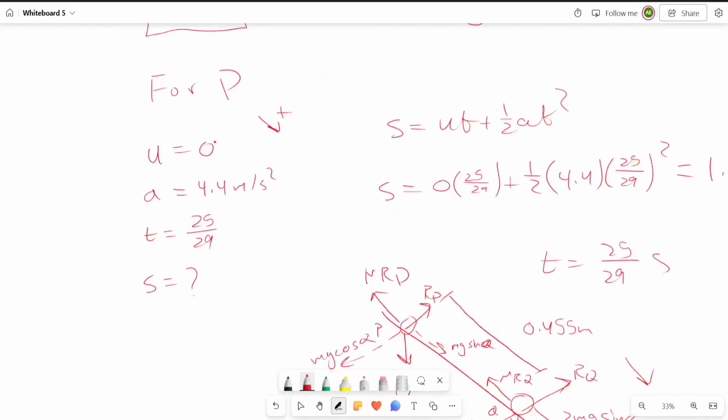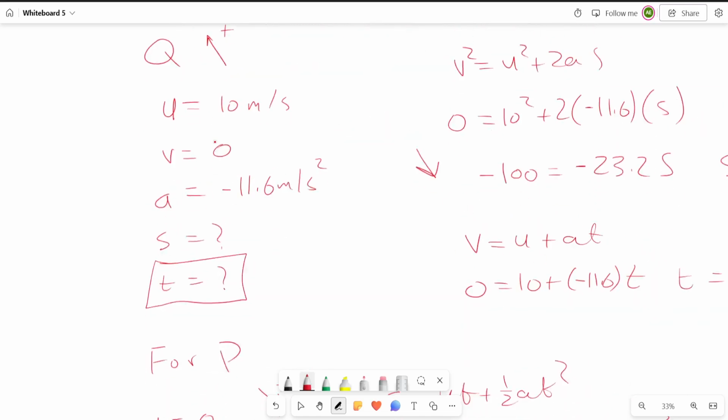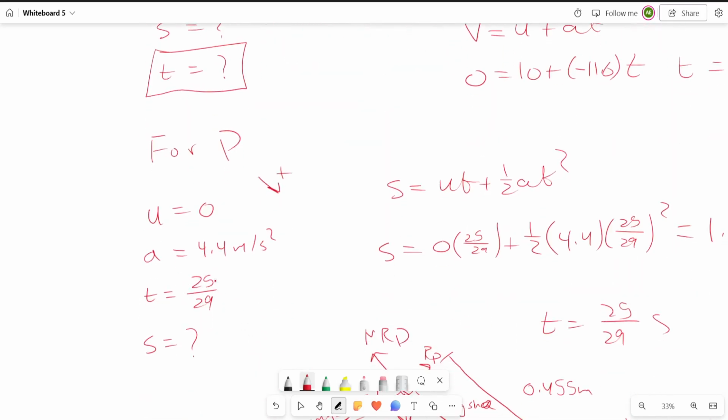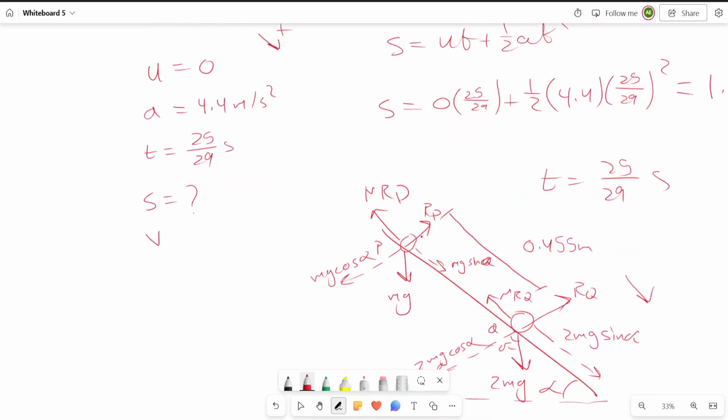So I know that at this point in time, it's basically after 25 over 29 seconds. So I need to know what is v, the final velocity from the beginning after 25 over 29 seconds, and that is going to be my initial velocity when I'm looking at this second part of the question. So in order to find v, I will use the equation without an s,